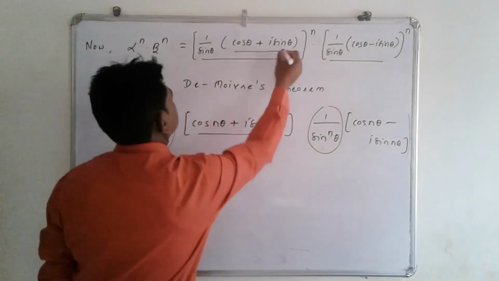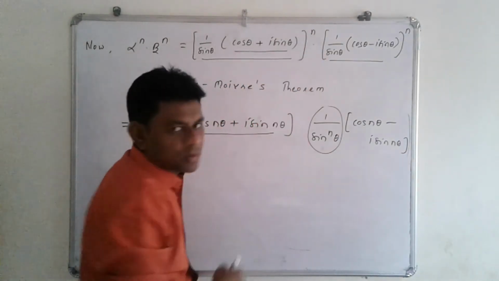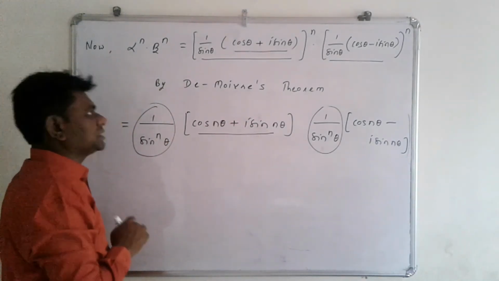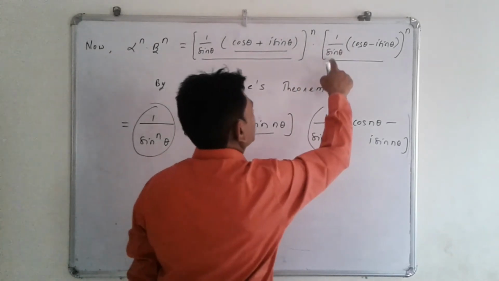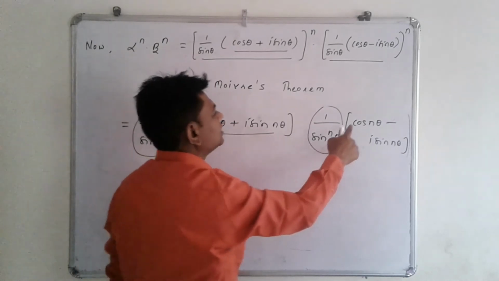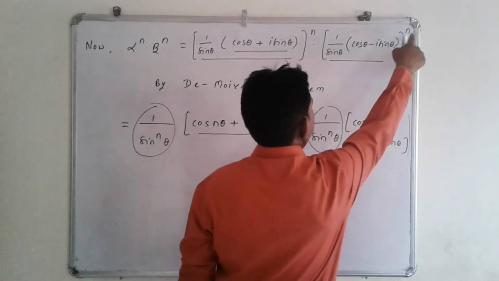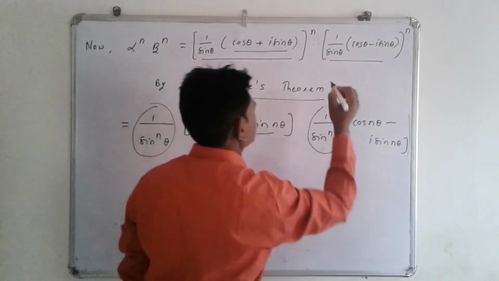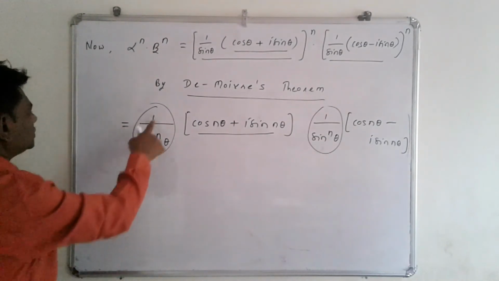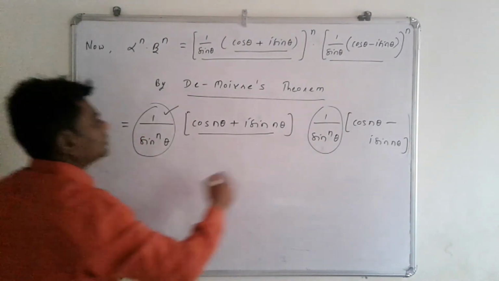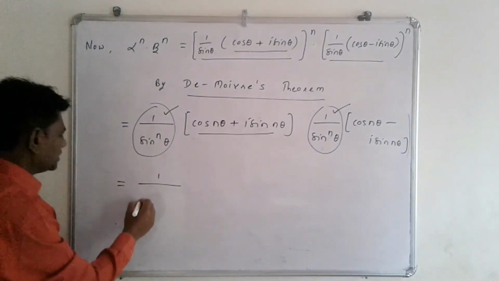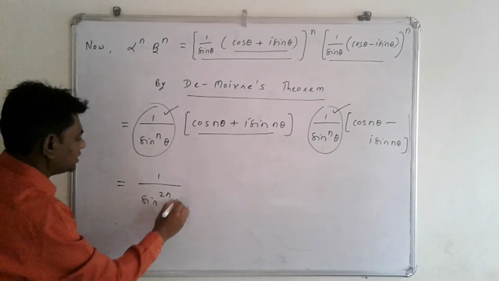Now by using De Moivre's theorem, cos theta plus i sin theta to the power n, answer is cos n theta plus i sin n theta, times again 1 upon sin n theta, times cos theta minus i sin theta to the power n. So by using De Moivre's theorem, answer is cos n theta minus i sin n theta. Now 1 upon sin n theta times 1 upon sin n theta, answer is 1 upon sin 2 times n theta,